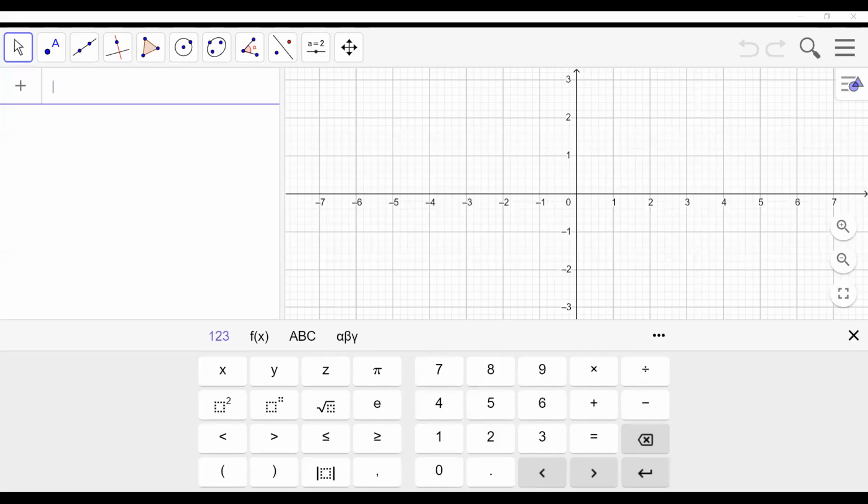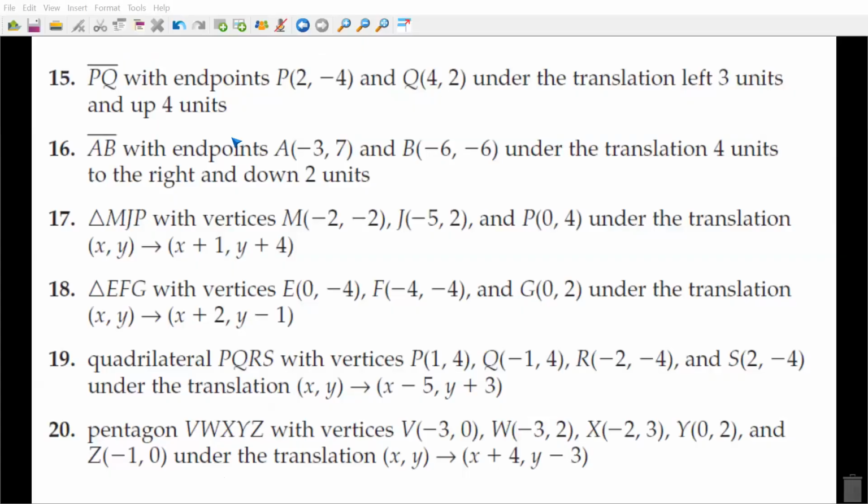So guys, the first exercise will ask me: segment PQ is going to have points 2, -4 for P, and Q is going to have the coordinate 4, 2. It's a segment, right? Under the translation, left 3 units and up 4 units. So what you have to do